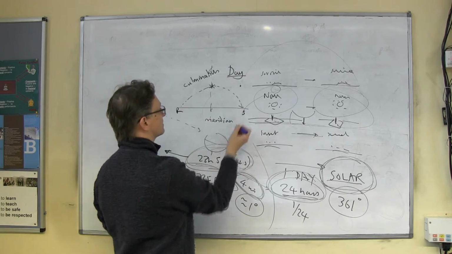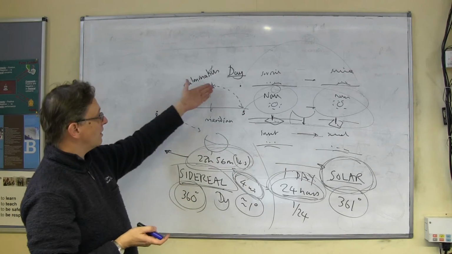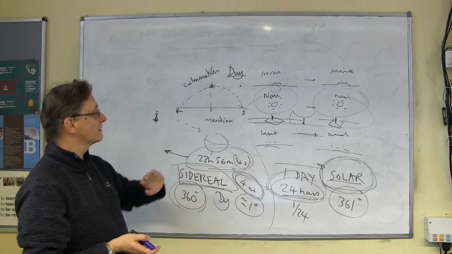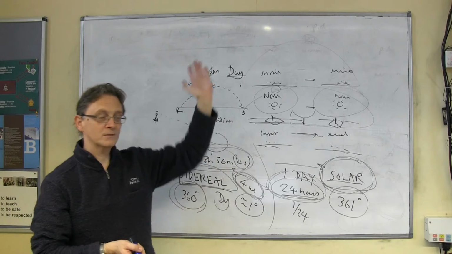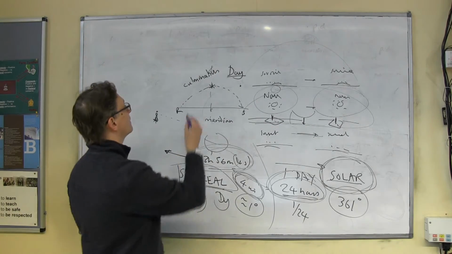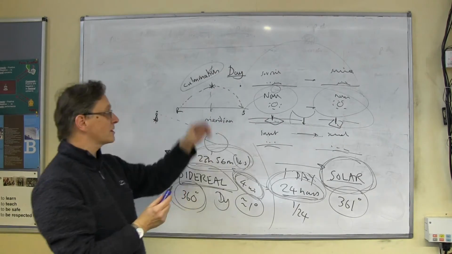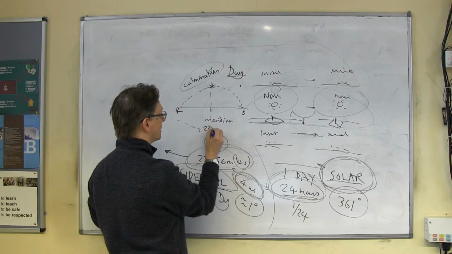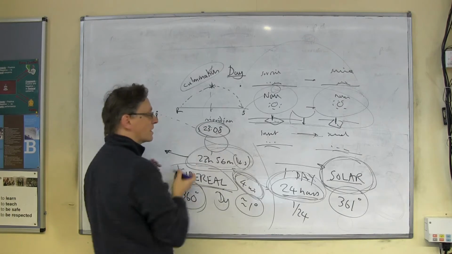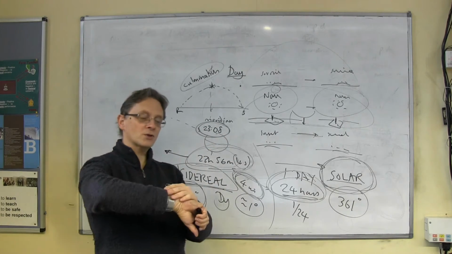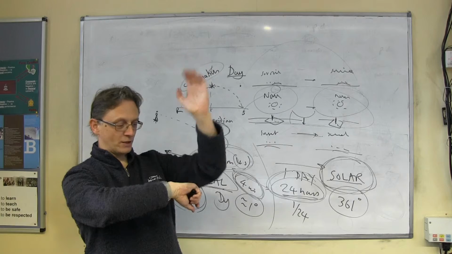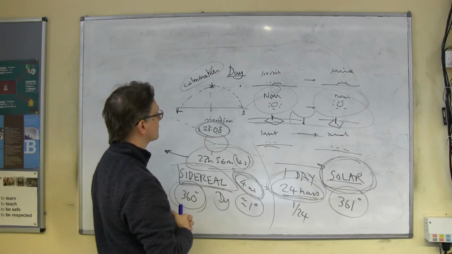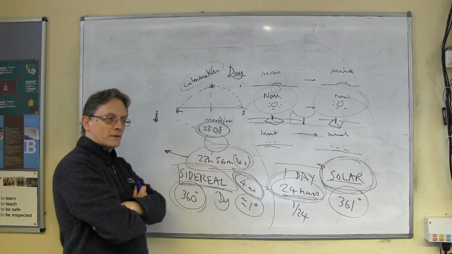So things rise, they set. Everybody knows those words. They reach their highest point due south. It's not just the sun that does that, everything does that. So stars at night, if you watch them, reach their highest point due south. They're said to have culminated, got to their highest point, and set again. Let's suppose that happens at 23:08. So you go out tonight, you find a particularly bright star, you watch it, and it reaches its highest point at 23:08, let's say. Okay? What time will it do that tomorrow?